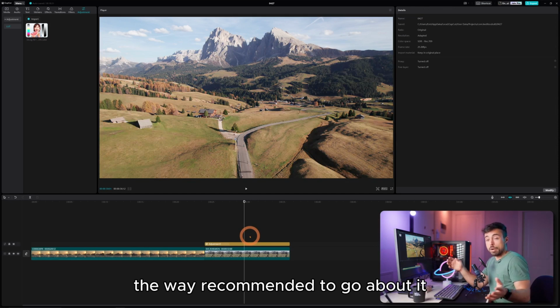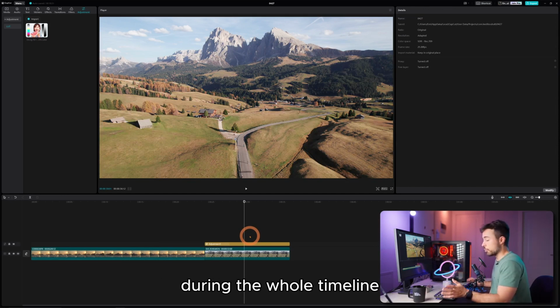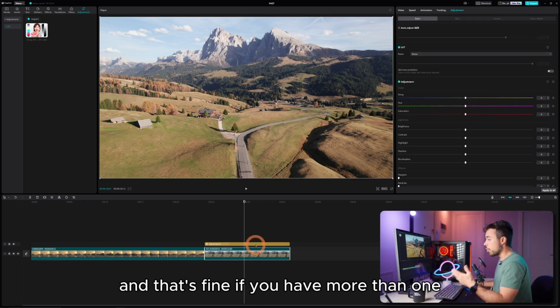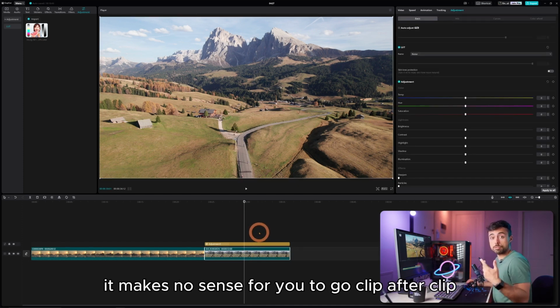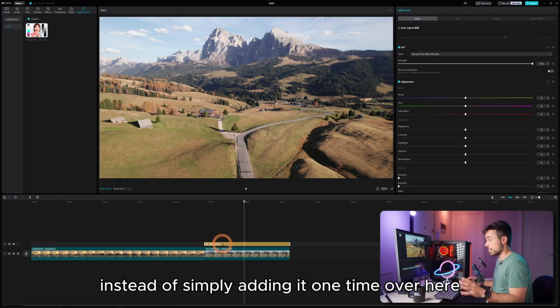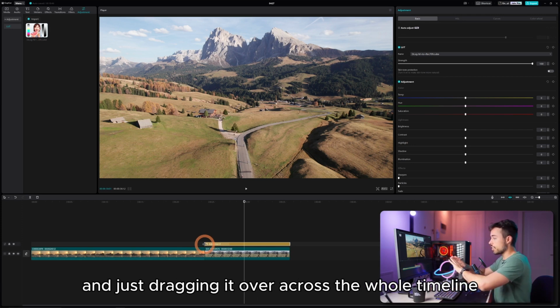The way I recommend you to go about it is that if you have only one clip during the whole timeline, you can simply add it on the clip itself and that's fine. If you have more than one, it makes no sense for you to go clip after clip, adding the LUT inside the adjustments panel, instead of simply adding it one time over here and just dragging it across the